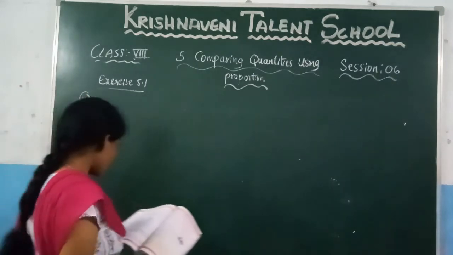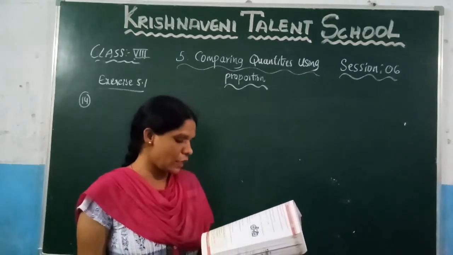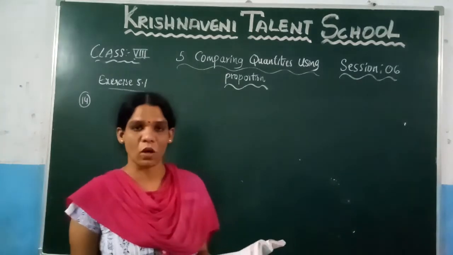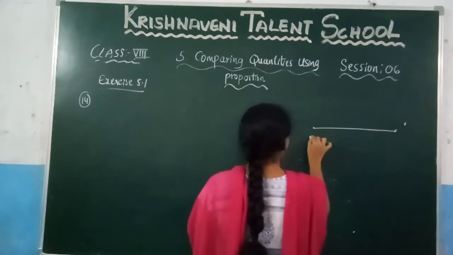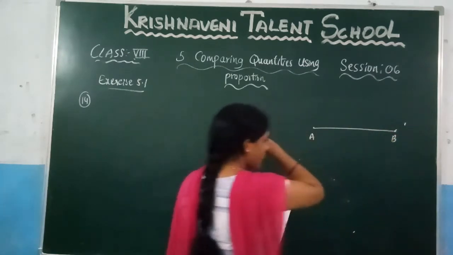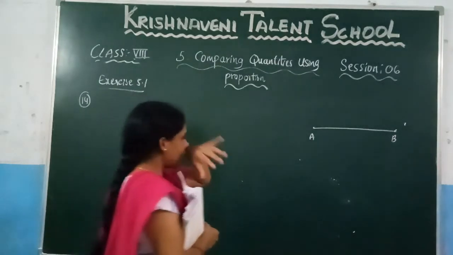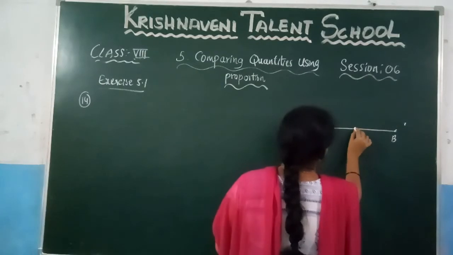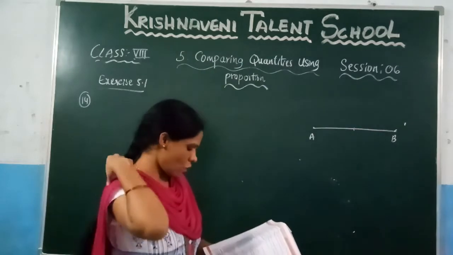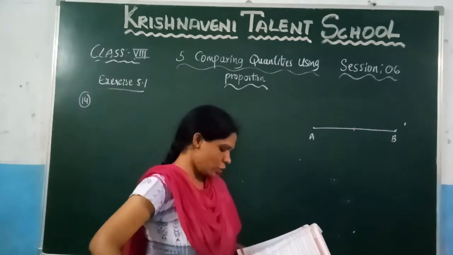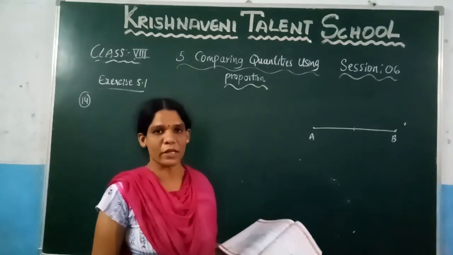Question. So what they have given here, points P and Q are on the line segment AB on the same side of its midpoint. So what is the meaning of that? Here let us consider this is the line segment AB. What is the midpoint? The center point we call it a midpoint. So let us consider this is the midpoint. Now what they are saying here, points P and Q are both on the line segment AB. You need to consider P and Q points on this line segment.